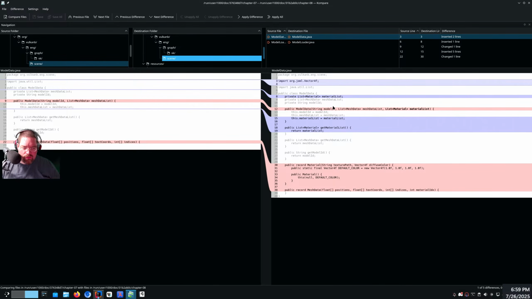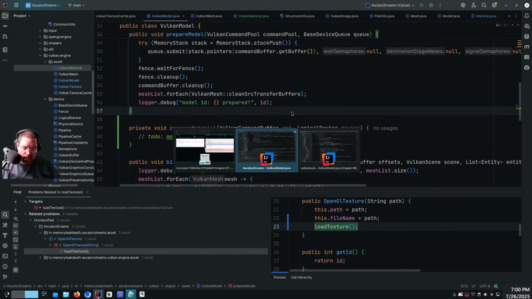Model data. So have material in there as a record, and mesh data as a record. So I've already got a material, so I don't need that. Though it does take a material list, I do need that part. Okay, so I need to add material list to model data,